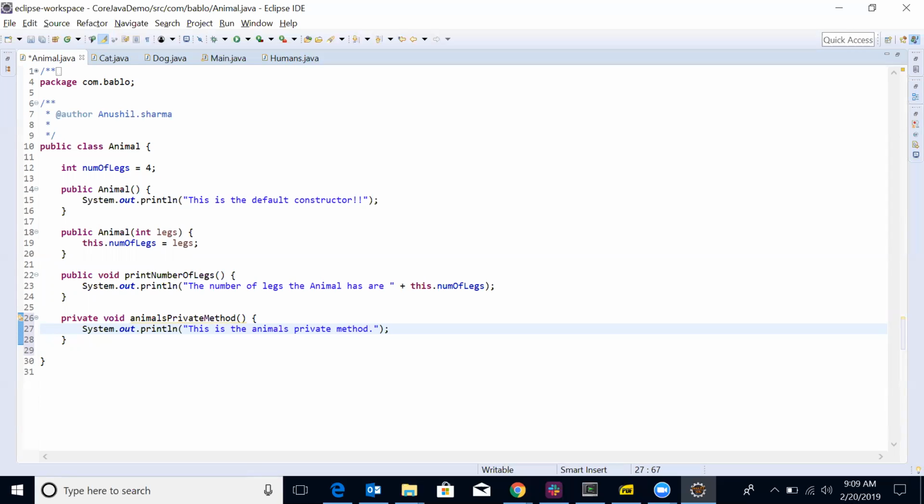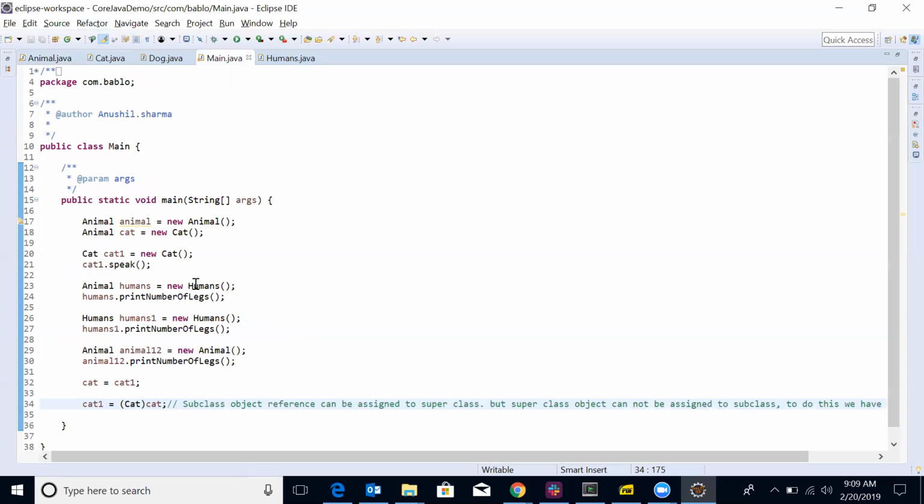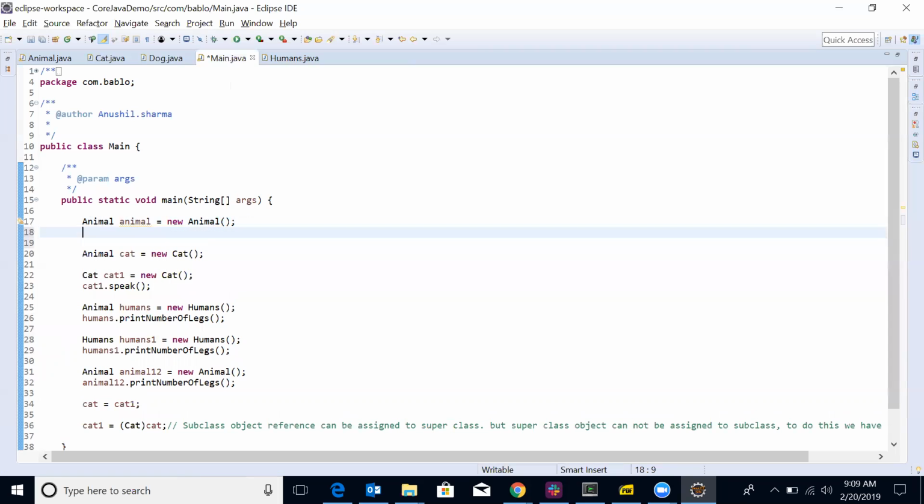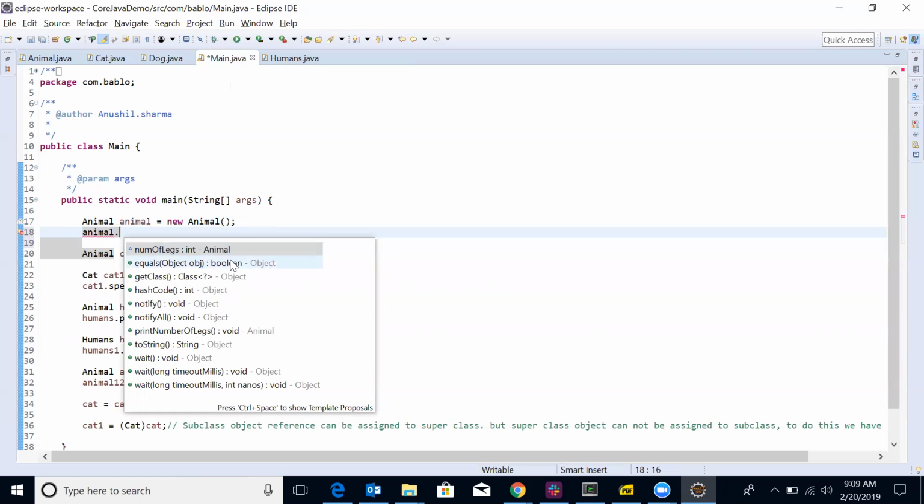Done. This is done. Then the animal's private method. This is the animal's private method. Okay, and then we'll put a similar method, or let's check it out here. So this class is Animal, and that instantiation type is also Animal only. So this Animal reference, if you see, it has got